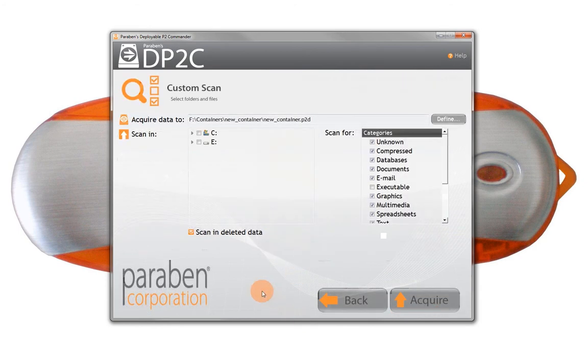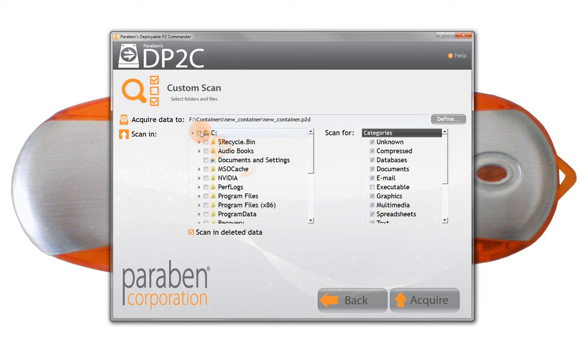The custom scan options, you can see, are a little bit different than the default scan. Rather than just looking for email and internet history and chat logs and my documents, things like that, it's going to scan every file by file type that we choose here. So first of all, I'm going to choose where I'm going to scan. Now, I can drill down into the different areas of the C drive if I want to. So I can select the C drive and then deselect things like program files,